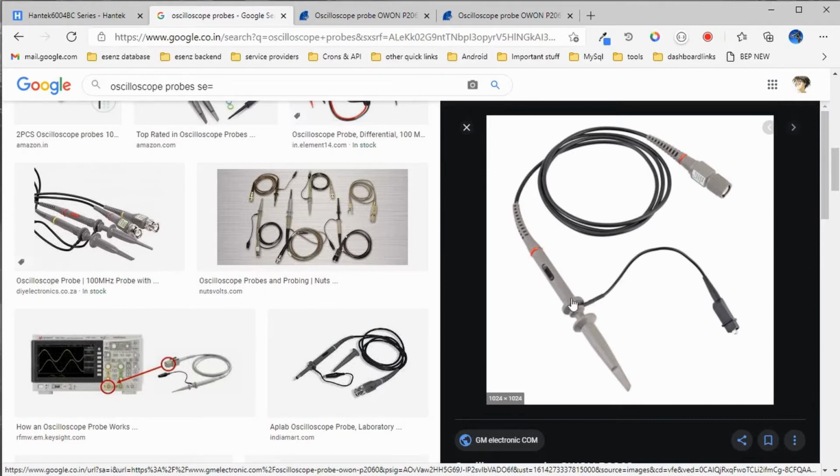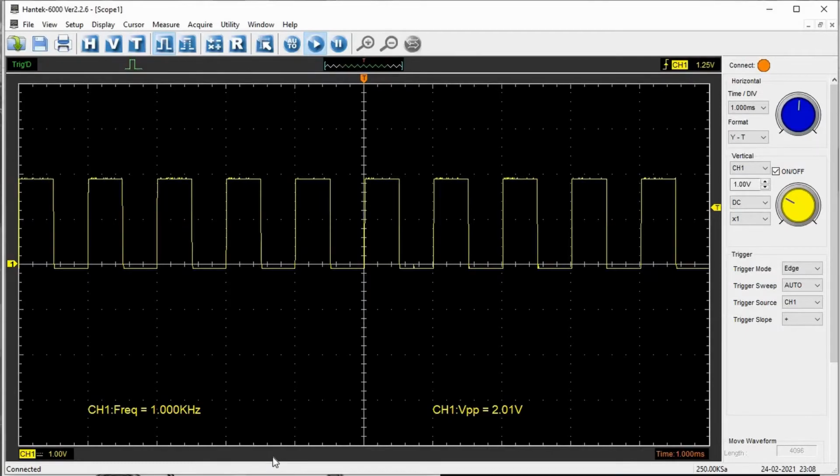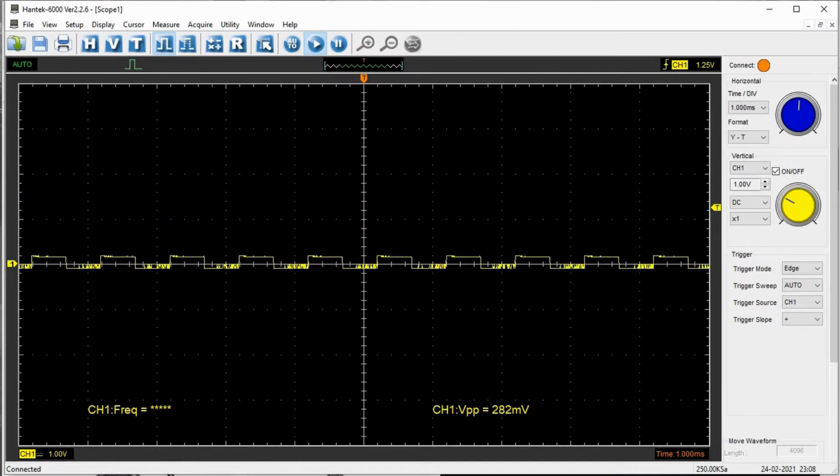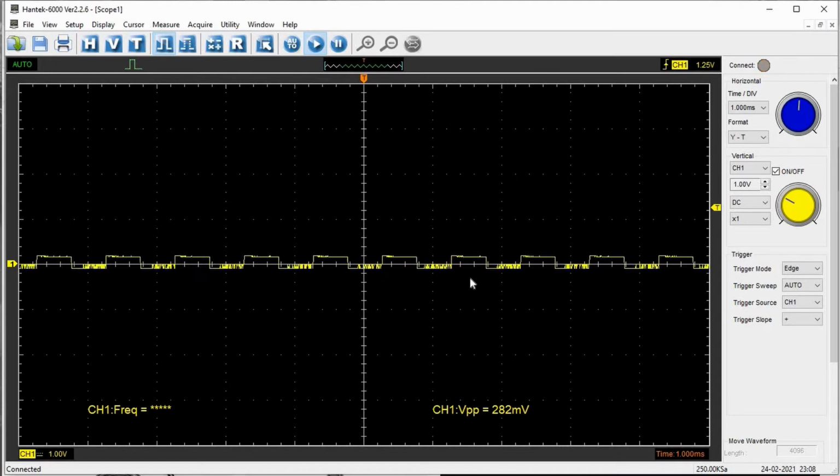Let's assume that you are measuring 100 volts. The scope cannot take 100 volts. So you put it to 10x, then the 100 volts will be stepped down to 10 volts. Let me see in my scope, currently it is in 1x. Now I am moving the probe to 10x. The voltage waveform became smaller. If it was in 10x and you measure it now, it is not 2.2 volts.